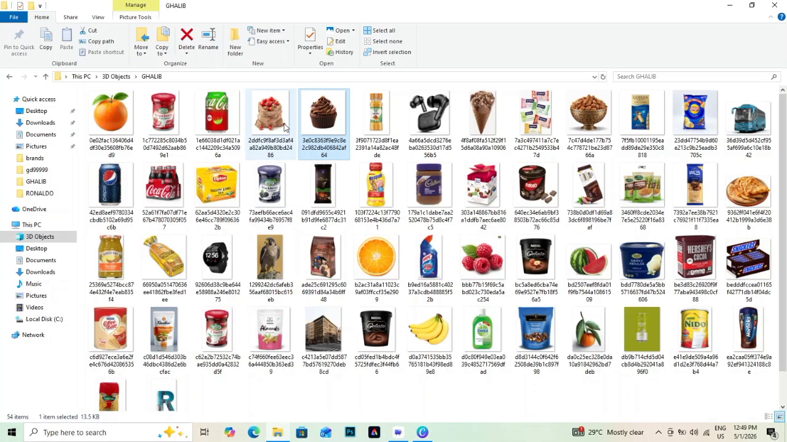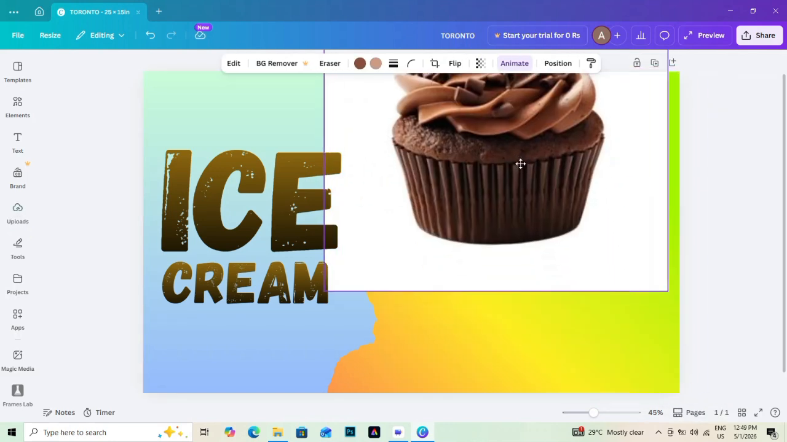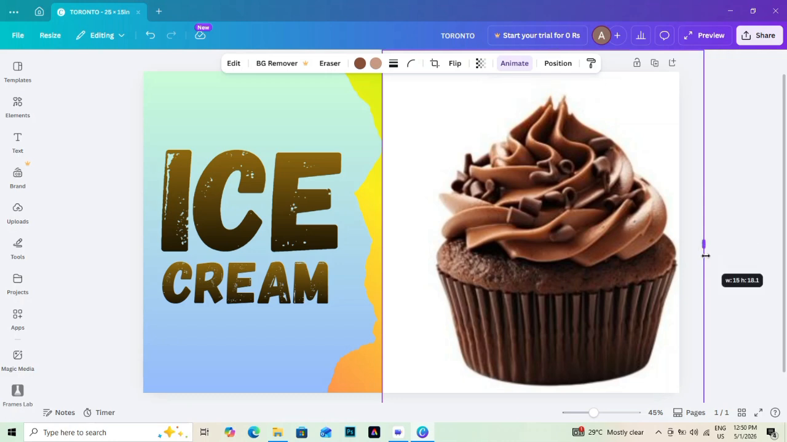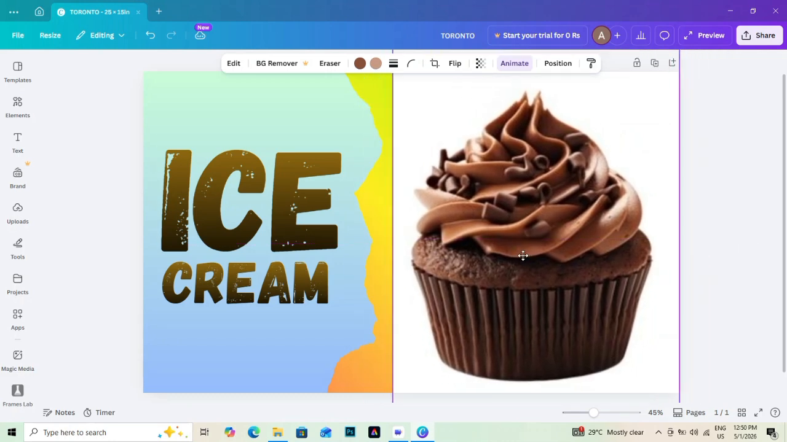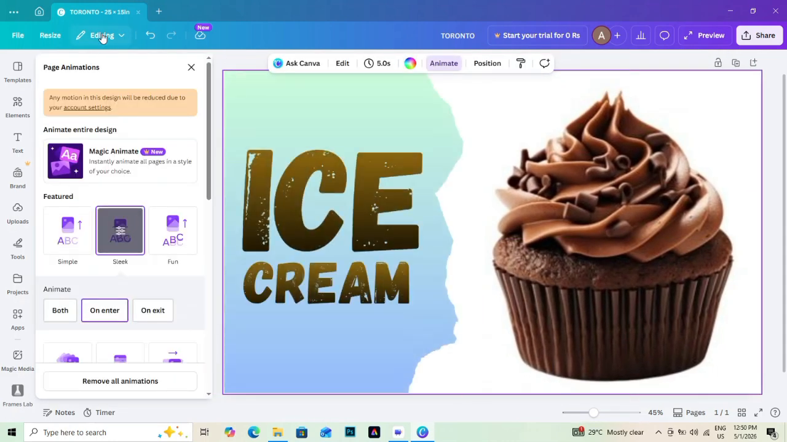Select the background and apply a gradient or muted tone. Add subtle shadows or blur effects to enhance depth. Use position tools to manage layering order. Add minimal text using a modern font. This layered depth technique creates